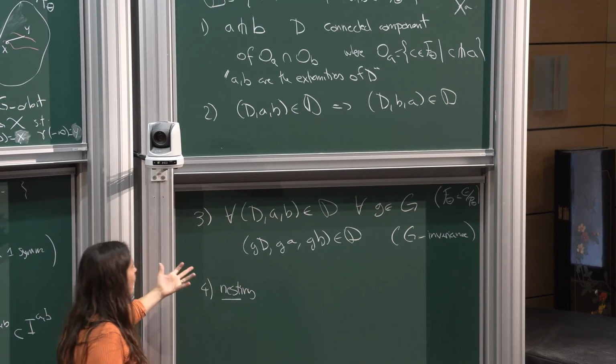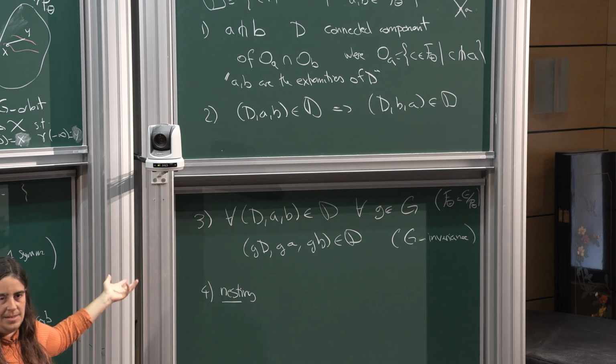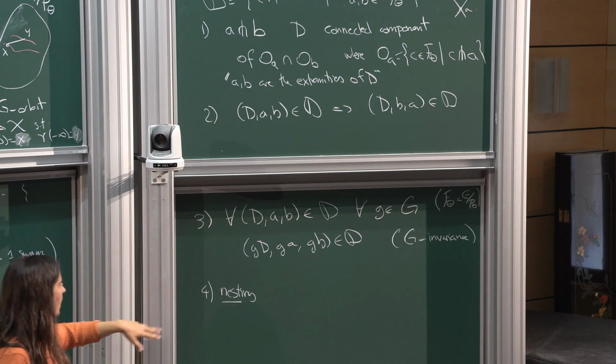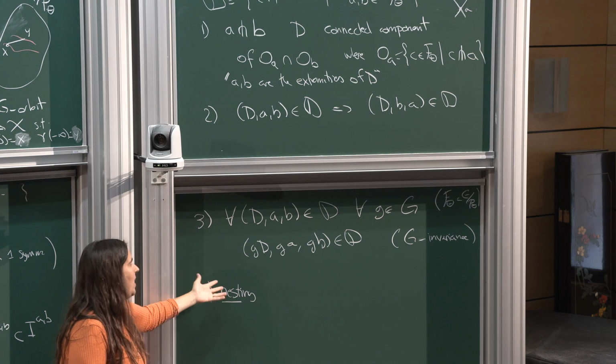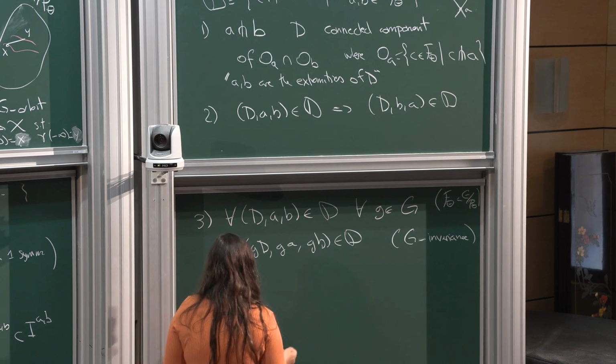And the fourth, which is really the restrictive. So far I haven't said anything. So far I can always set things up like that. But the important thing that it's very rare is this nesting, which mimics what I had there, which is that